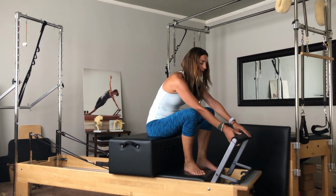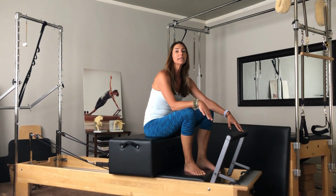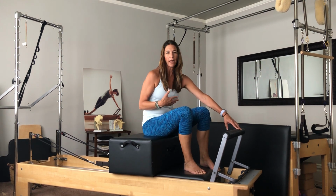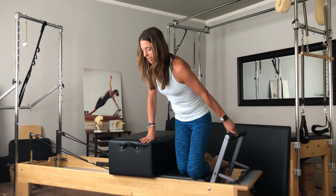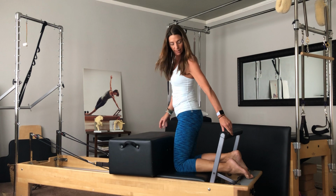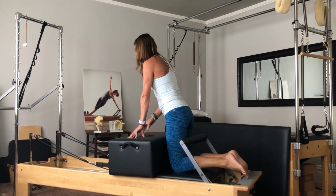So this is unique in that the foot bar is completely disengaged, so the locks are not in at all. And it's kind of awkward to get into when you're by yourself. I usually always help my clients. I'm working with them one-on-one. So it looks a little awkward, but this is the best way to get into it. So I'm gonna let the foot bar come up against my thighs,